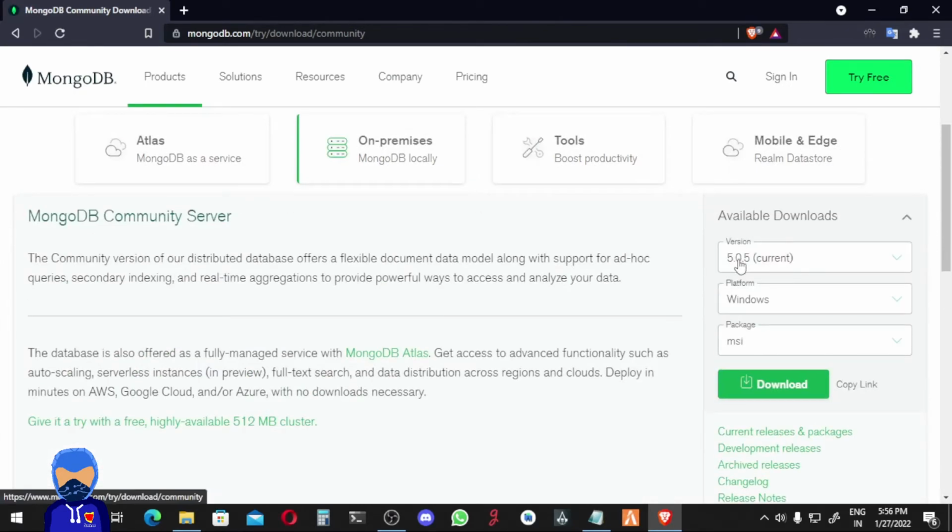So there is available download 5.0.5 current, and this is for the Windows platform. We are just going to download for Windows because I know the majority of users are on Windows. And if you want a Linux tutorial, then please comment on this video. I will make a separate video for all of you